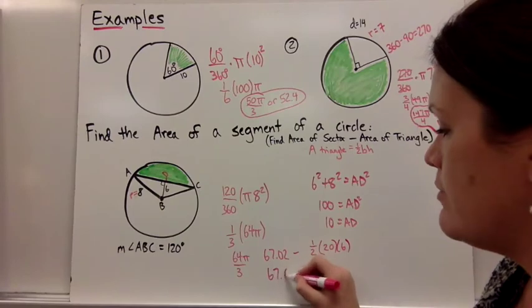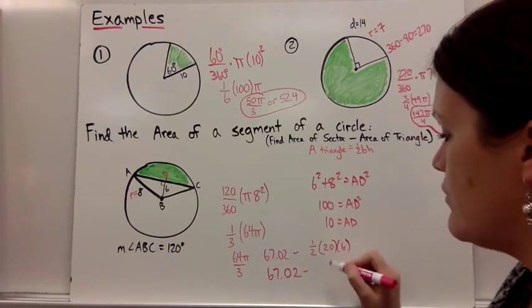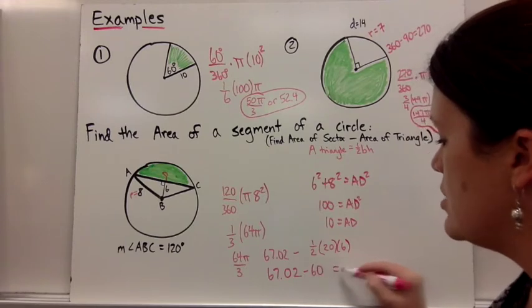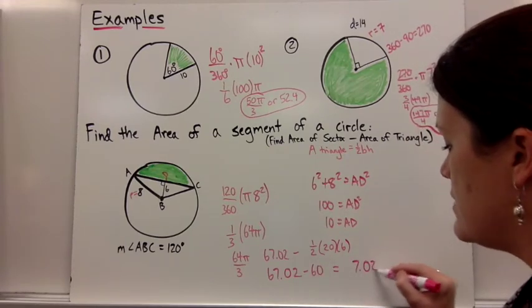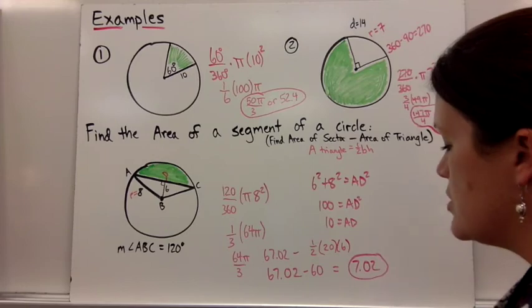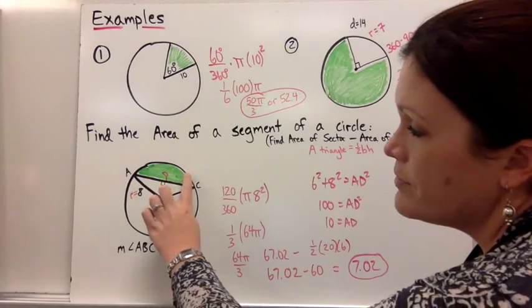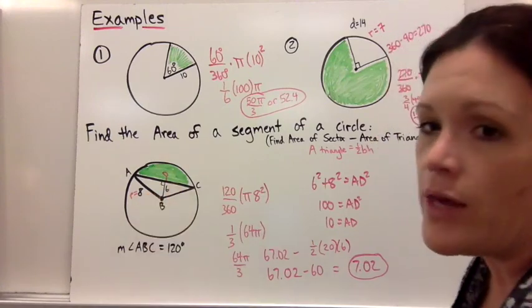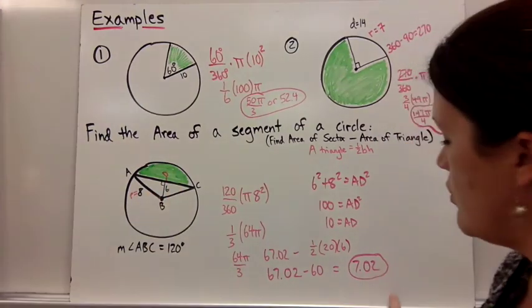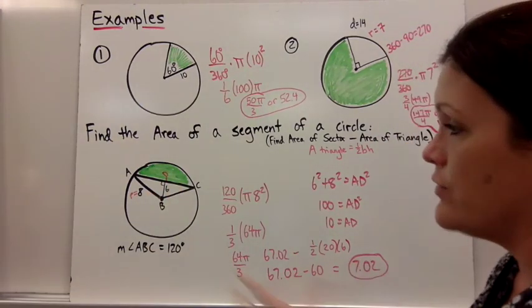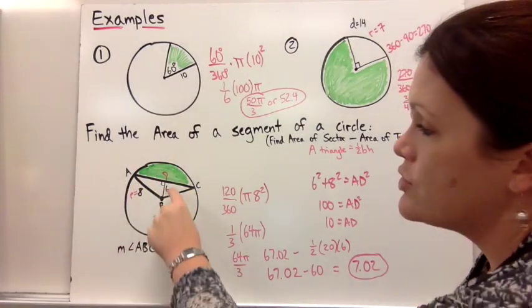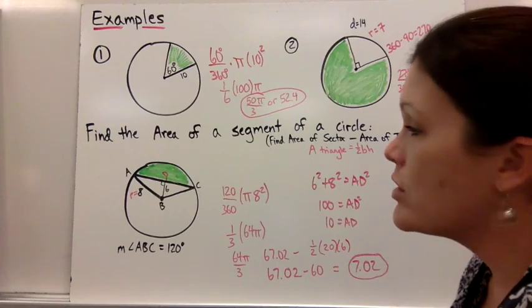So 67.02 minus half of 20 is 10, and 10 times 6 is 60, would just leave us with an area of 7.02, which is small, but it should be small because you've taken that part of a circle and then you also subtracted out that whole triangle. So you're not left with a whole lot, and that's all we need to do. So find the area of the sector when you're given a figure like this and subtract that triangle, or they could potentially